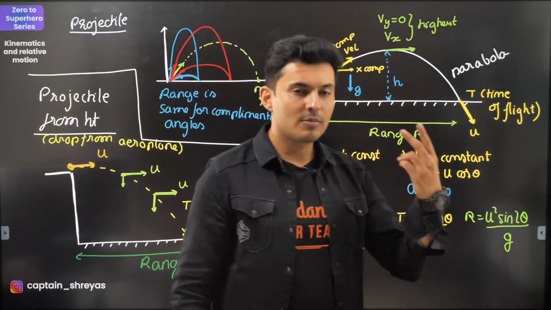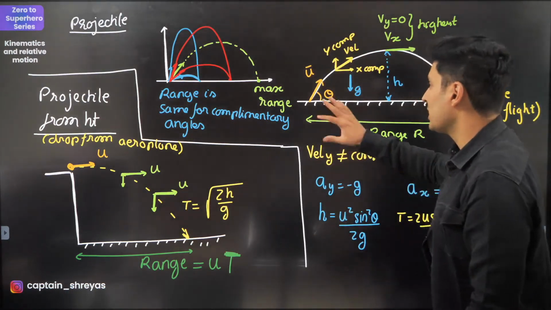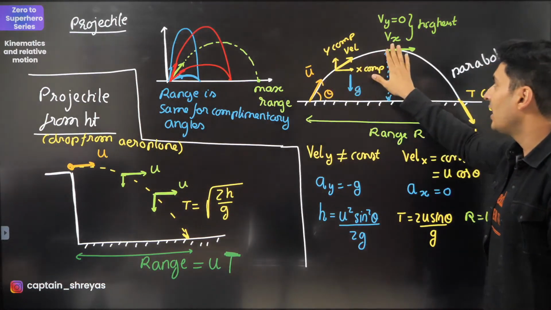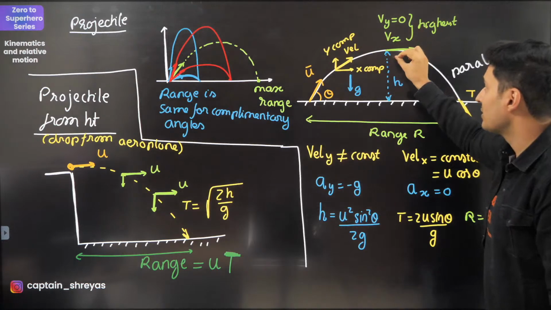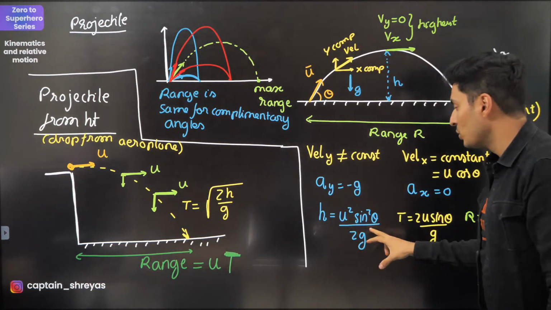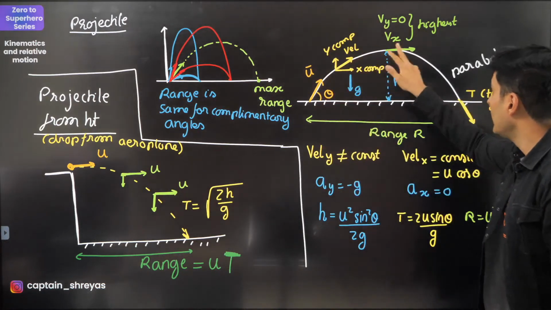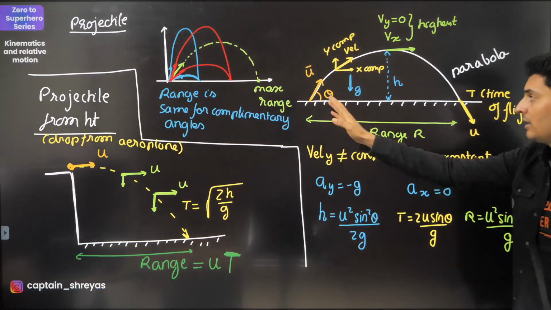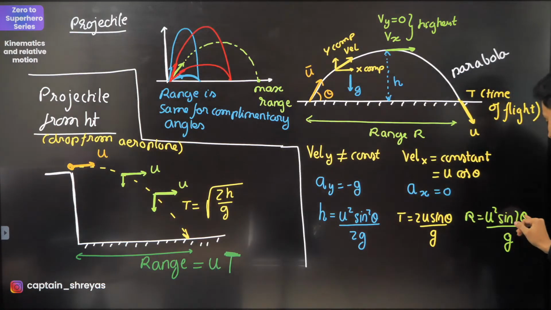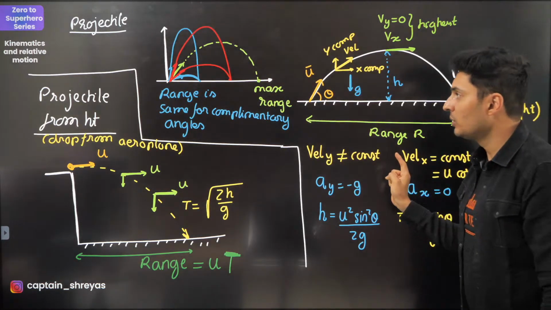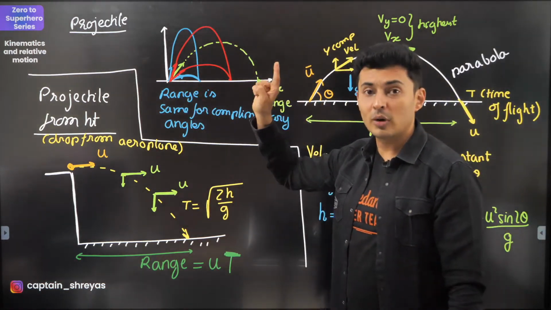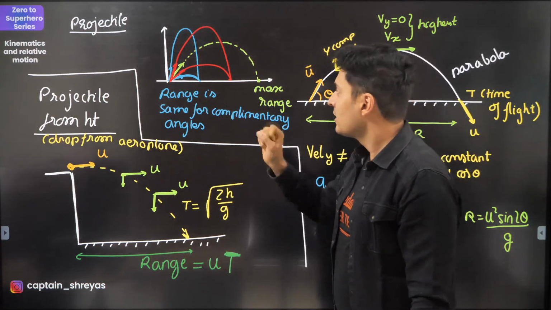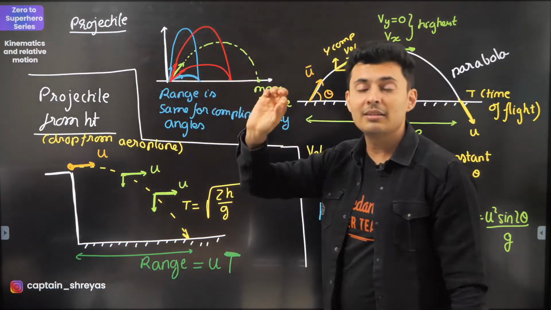Second thing, in 2D motion, you should know projectile motion formulas, like when you throw an object with some speed, at the highest point when the vertical component becomes 0, the maximum height is given by u square sine square theta by 2g. When it hits the ground here, the time of flight is 2u sine theta by g, and how far it falls is u square sine 2 theta by g. Also you should know that the range is going to be maximum for 45 degrees projection. So when you project it at 45 degrees, it falls at maximum range. But if you have complementary angles, then the range is same.